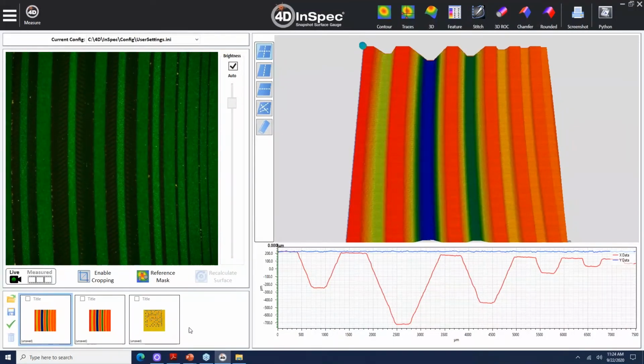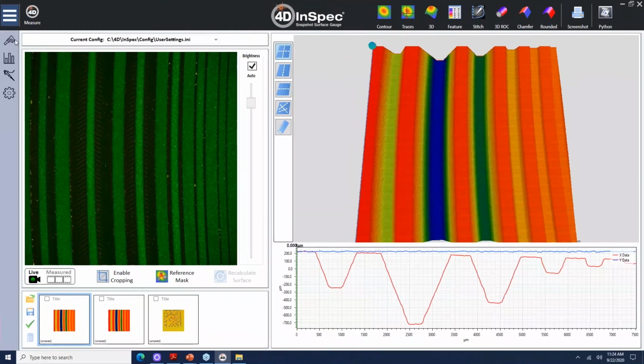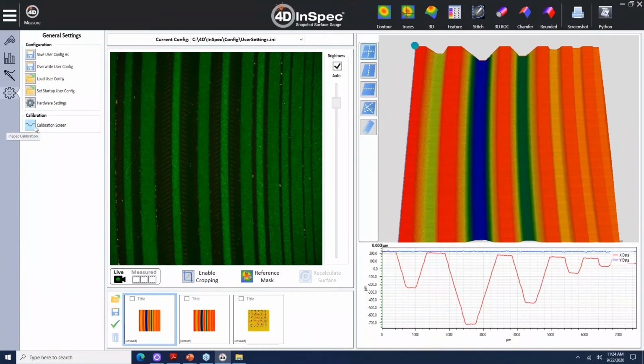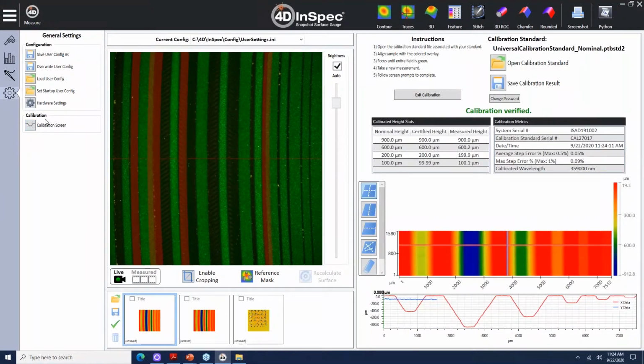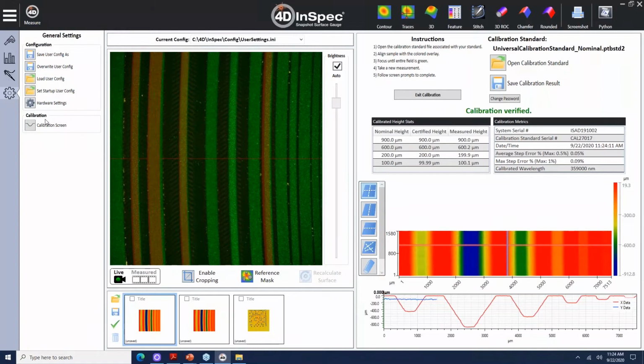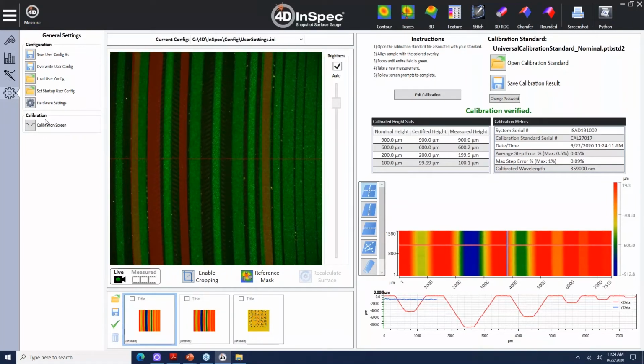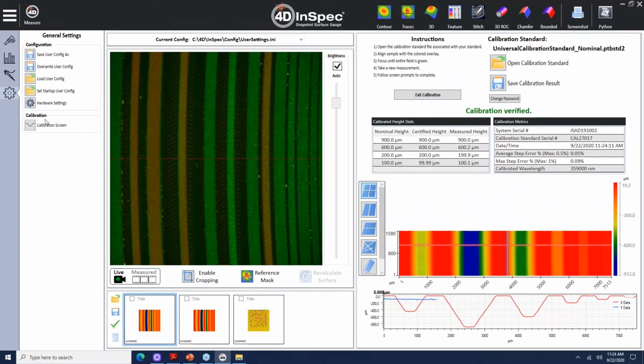I'll get it green like so. I can come onto this side right here and open up the calibration screen, and I'll just move this calibration standard to get that red overlay aligned. You can see the ridges there. So I'll align it to those ridges